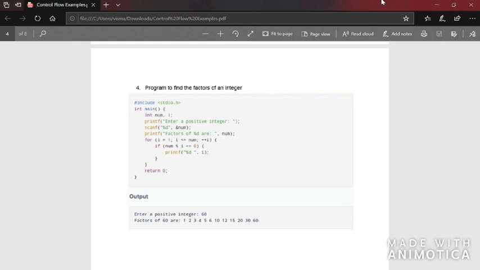The next number is 5. When you divide 6 by 5, you won't get the remainder 0. So therefore 5 is not a factor of 6. Now the next number is 6. When you divide 6 by 6, you will get the remainder 0. Therefore 6 is a factor of 6. Now to check the factors, you will only take the numbers from 1 to that particular number. You won't take numbers greater than that given number. So here is a simple program to find the factors of the integer.